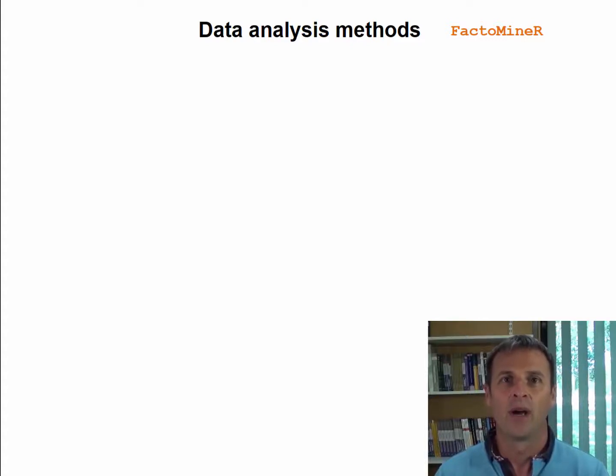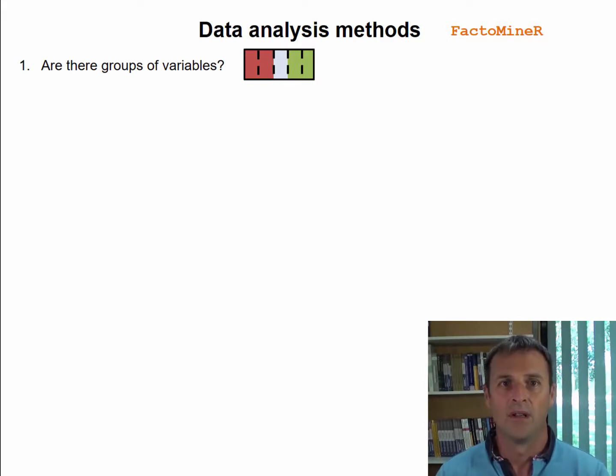In this final video, we are going to make a summary of all the methods we have seen during the course. Each method is considered in terms of the questions it can be used to answer when doing data analysis. To start, are there several groups of variables? Thus, the dataset contains different information sources, each source containing several variables. If yes, we consider methods that take into account these groups, and we can perform multiple factor analysis.